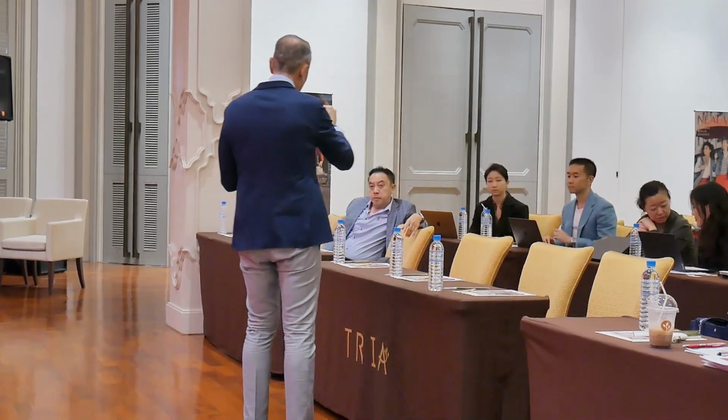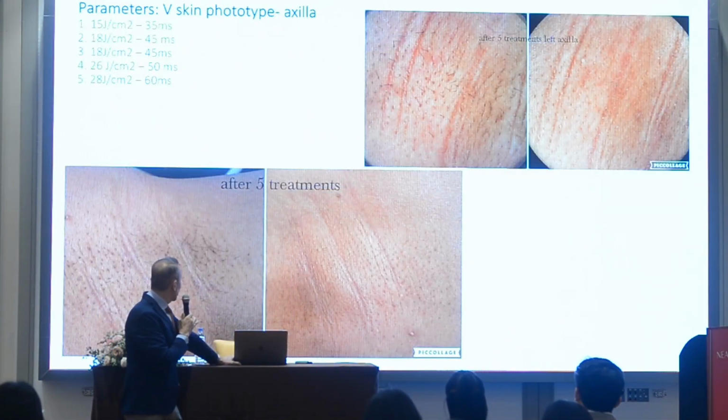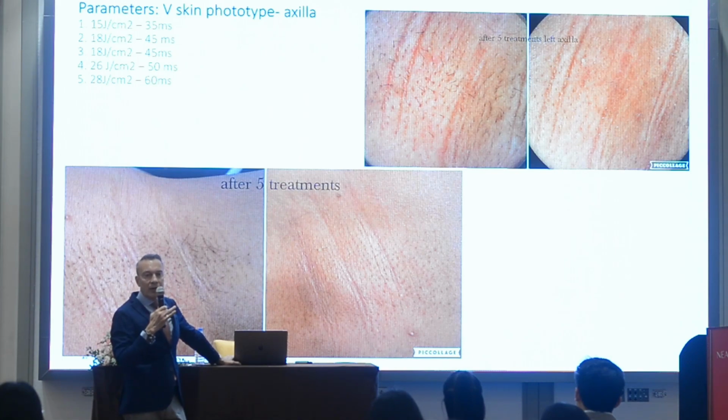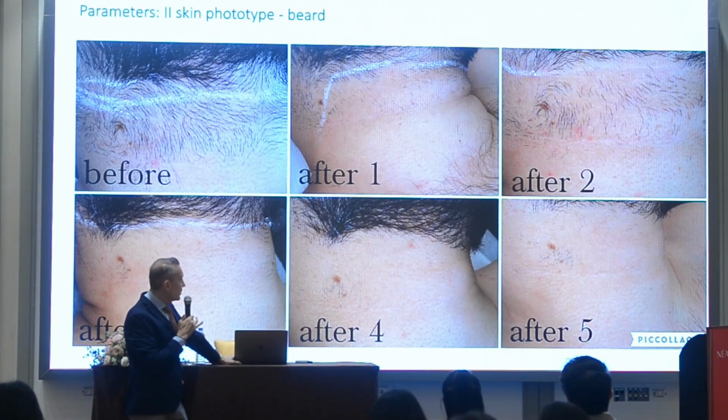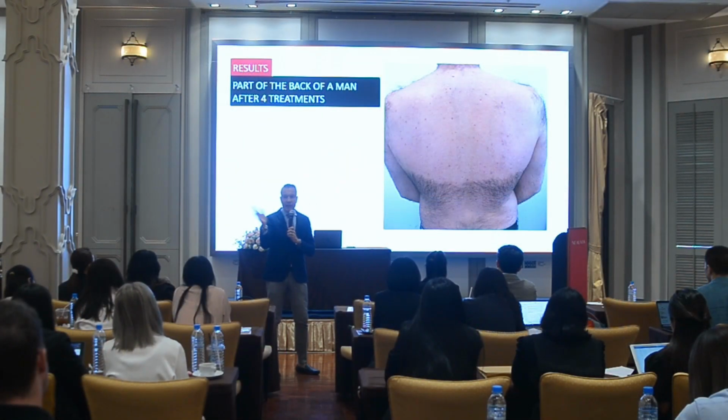Patients have been monitored with the trichoscopy. So this is a device that is able to count the number of hairs. So we know exactly what is the reduction. So you see the average is 4 to 5 treatments before achieving a very good reduction, talking about 80, 90, 95%, depending again on the area, depending on the skin type, depending on the